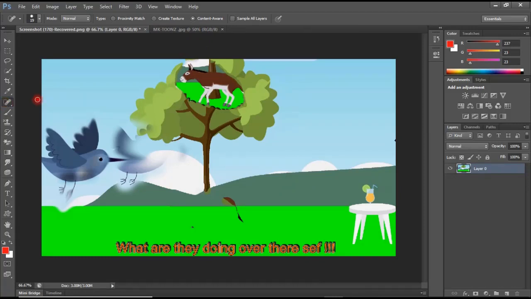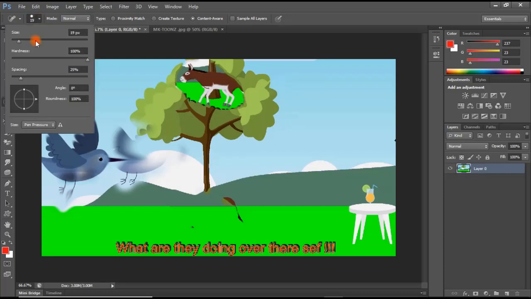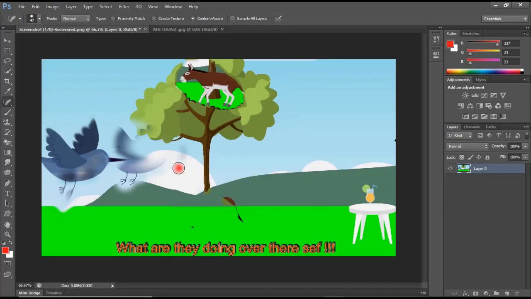Right-click on the spot healing brush tool and select it. Now this one allows you to remove spots. You can change the size. So click on the eye, which is a spot, and the spot will vanish. You see that? That is how the spot healing brush tool works. Let's go to the next tool,